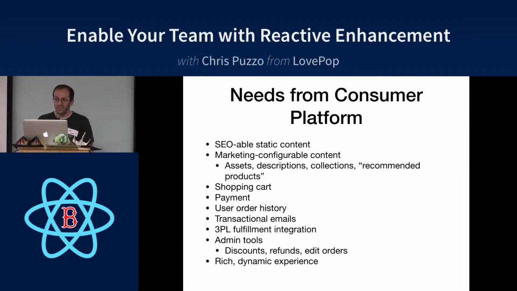Simple order history, transactional emails. You need to know that you got it, that it's coming, that it's on its way, tracking, all that stuff. Third-party fulfillment integration, people will ship the card, as we said before. And then admin tools, being able to create discounts and coupons on the fly, do refunds when